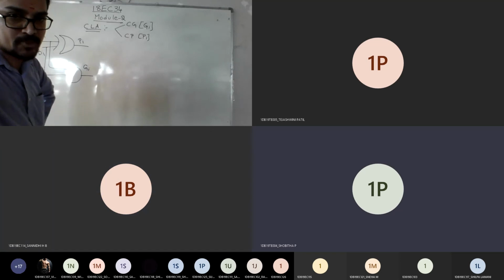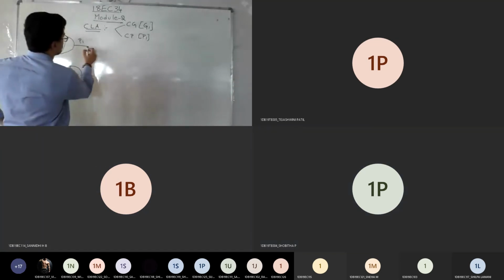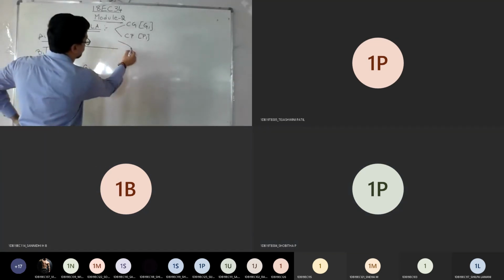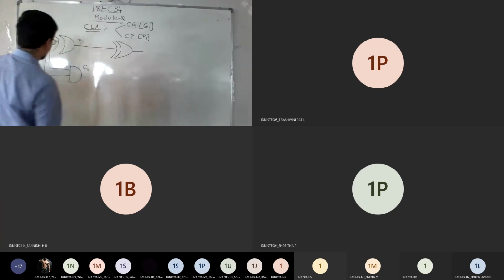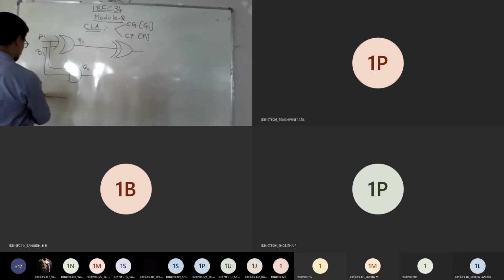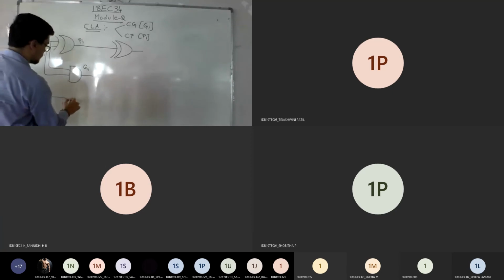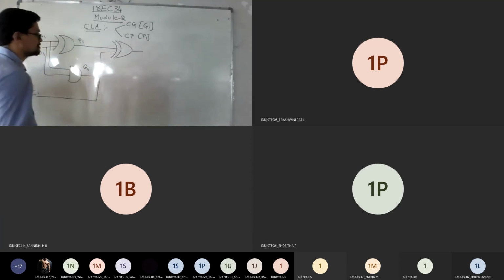So what you should do, you need to connect this input to one more XOR gate. Another input will be your C. So this C will go and connect here. Right?